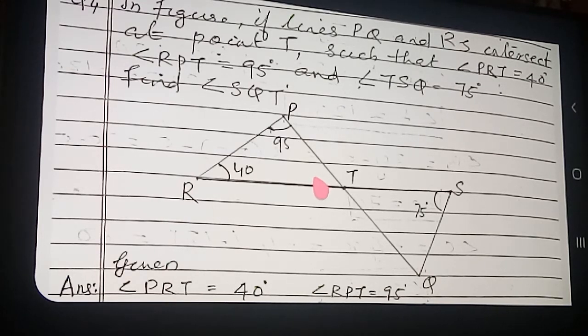After finding out angle PTR, what about this angle and this angle? They are vertically opposite angles, and vertically opposite angles are always equal. So in this triangle, we will find this angle by the vertically opposite angle property. Now you got the idea properly. That is why I told you, whenever you get a geometrical sum, mark all the points in the diagram. It is very easy to get the remaining part. Clear?